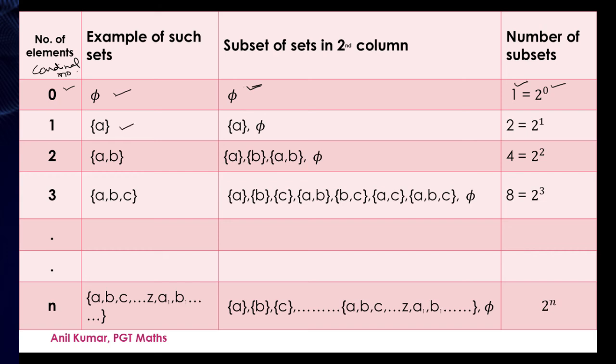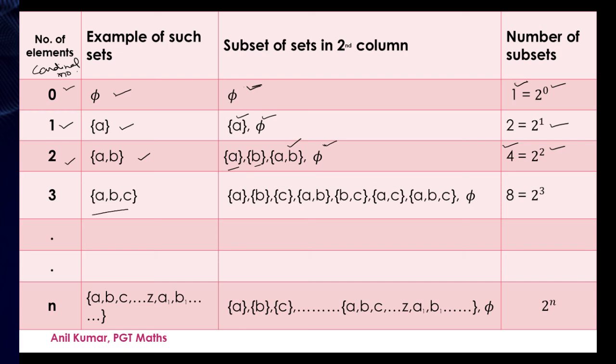Then if I have the set {A}, how many elements does it have? 1 element. And how many subsets will it have? All the elements: set {A} or the empty set. So the number of subsets will be 2, which I can represent as 2 raised to power 1. Now let the set be {A, B}. It has 2 elements, so the cardinal number is 2, and the subsets will be, as we know, every set is a subset of itself and phi is a subset of every set. So these two are permanent. Then the single elements {A} and {B} are the other possible subsets. So how many? 4, and 4 can be represented as 2 raised to power 2.